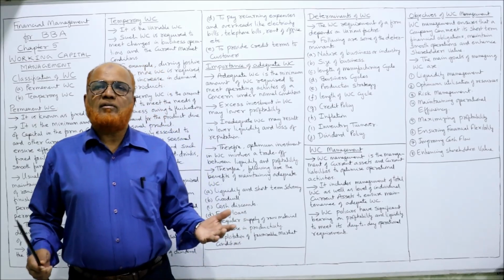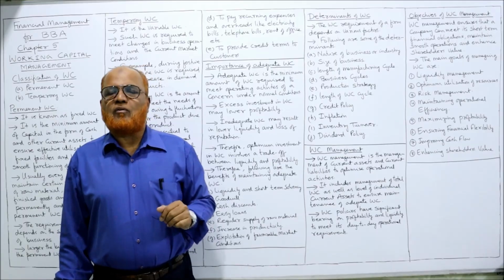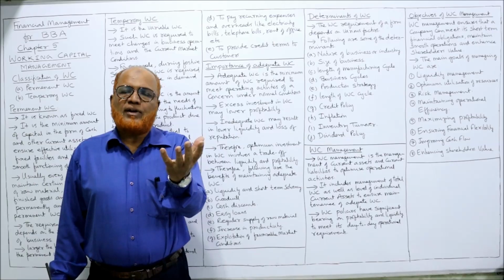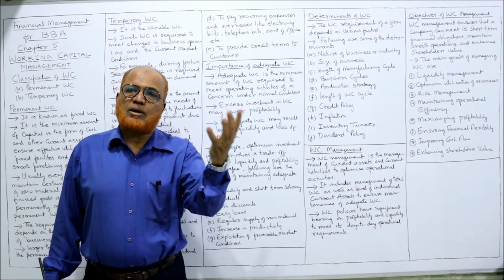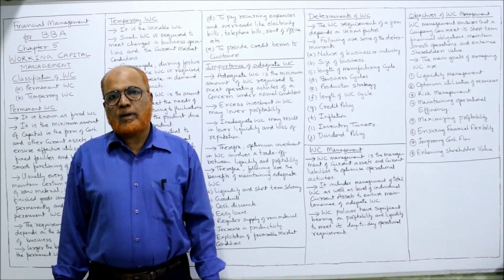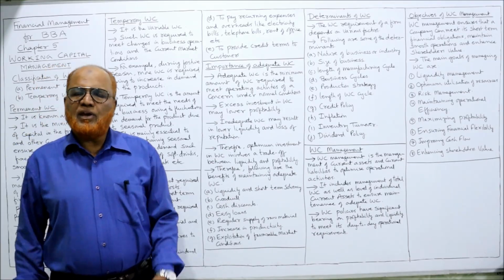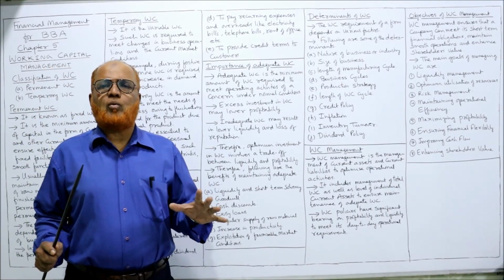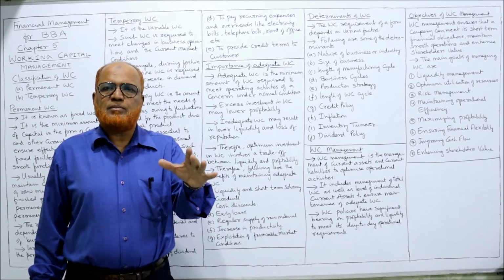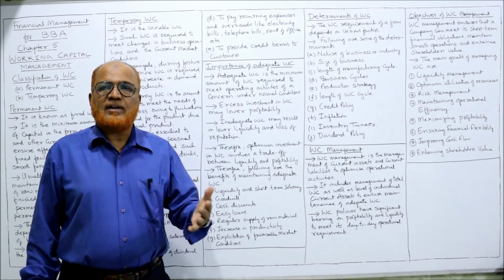So what is the adequate working capital? Optimum working capital, a trade-off between profitability and liquidity. That means the amount of working capital should not affect the profitability, and it should also maintain the liquidity. Therefore, the following are the benefits of maintaining adequate liquidity. If you keep sufficient, adequate liquidity, investing only as much money as needed in current assets and maintaining working capital, then what will be the effect?